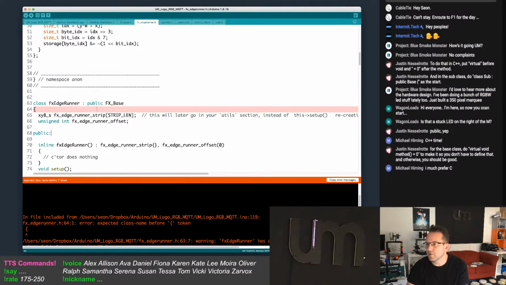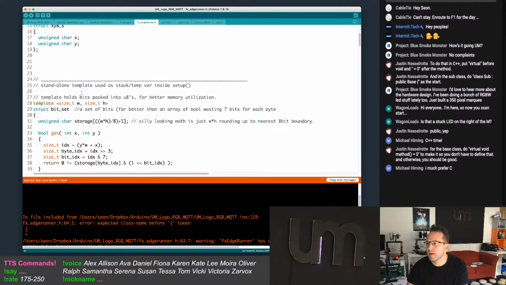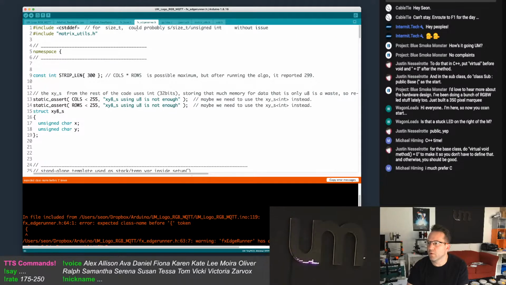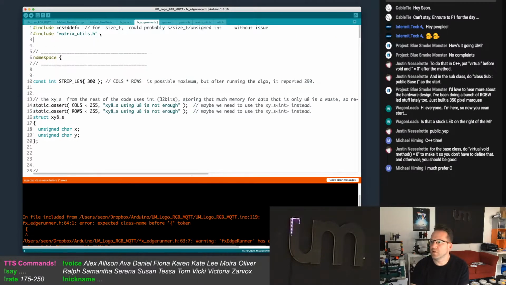Expect a class name before token. Do I have to import FX base at the top? I'd assume I do. Or include it, import it. FX underscore base dot h.